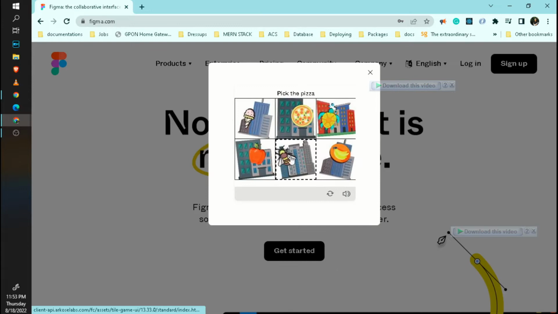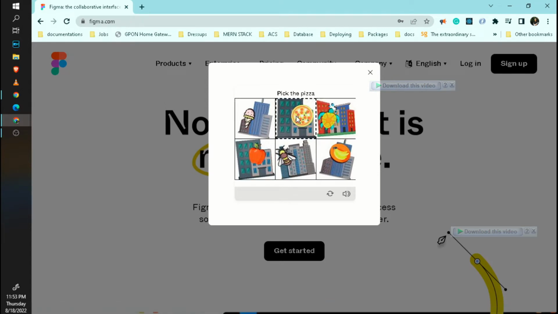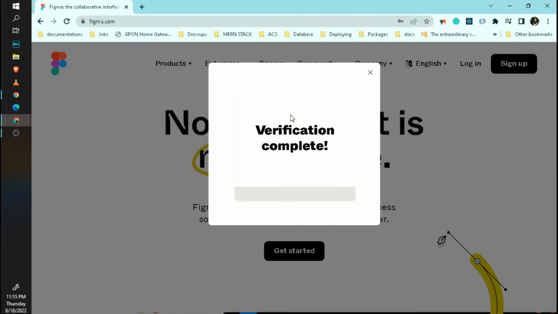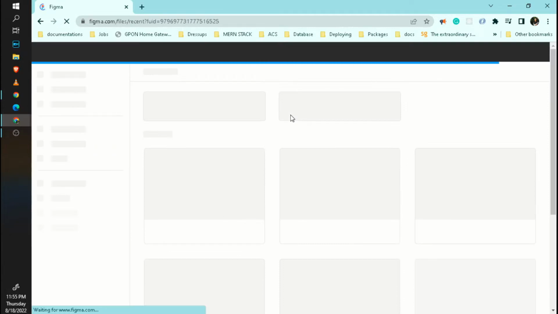Okay, it's asking for verification. So this is the captcha for bot verification. I've tried many times, so it's asking for the captcha of image. This is not related to the topic of Figma, but for logging in these are required, or this shows the security on a website. Again, I got a problem on the Chrome. So I think finally, after a lot of struggling with the captchas, we have finally logged into Figma's homepage